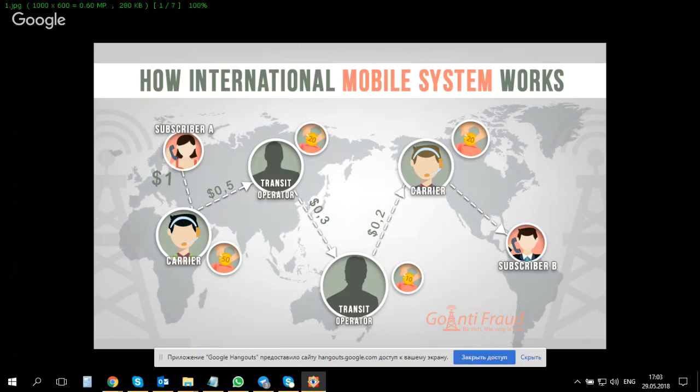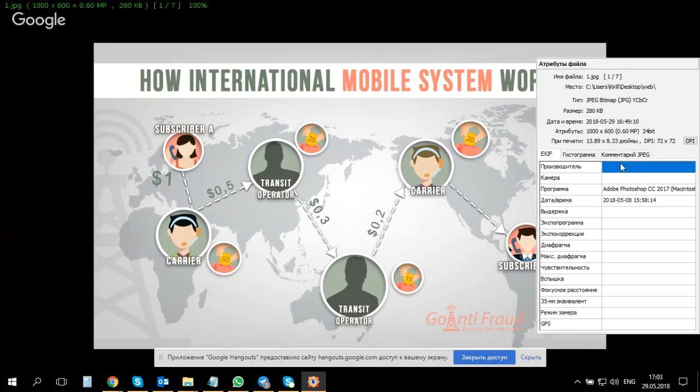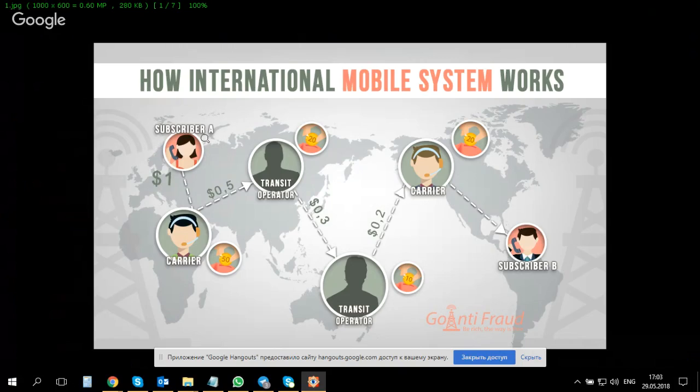The main reason for starting this process is that the mobile operator in country A, the service provider for subscriber A, doesn't have a direct connection for the subscriber B, for the mobile operator's towers in a different country. So that's why he, in order to save money,